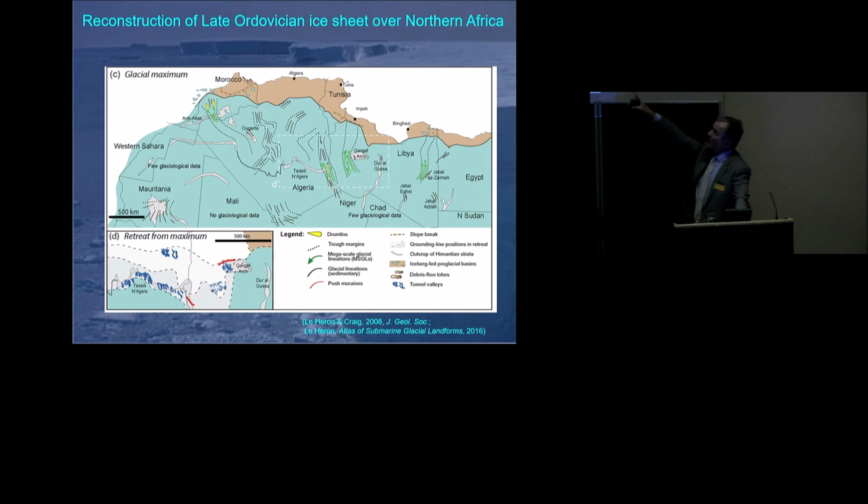And we can see 1, 2, 3, 4, 5, 6 big ice streams draining the Pan-African ice sheet, or at least a part of the northern part of that ice sheet, through its northern margin to the sea. And we can use the landforms in order to try to do that in the paleo record. Indeed, Dan and I have done some glaciological calculations of the amount of ice flux through these, and it fits really nicely with the likely paleo